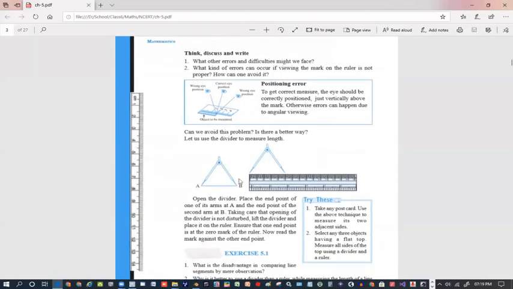And this gives a more accurate result because by simply using a ruler, you can miss some of the readings. From the left, if you see, 1 mm can shift, and from the right, another 1 mm can shift. So it cannot give you the correct result unless you see it from the correct angle. That is, you have to view it vertically to see the right reading of the line measurement. But using the divider, you are pinpointing it, so you can exactly put it on the ruler to get the exact measurement. So it is more accurate.